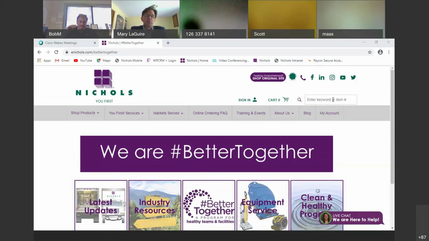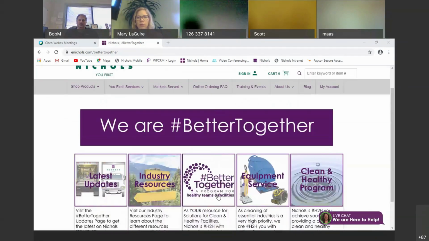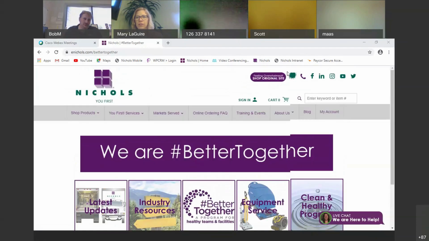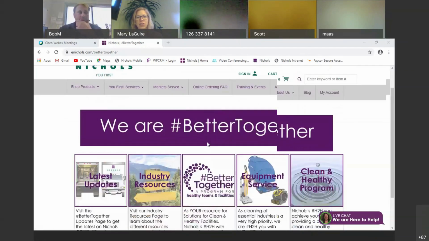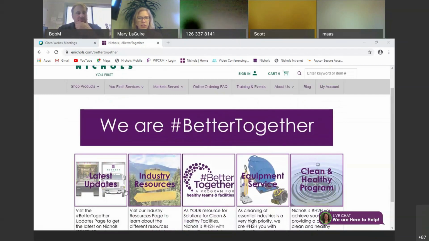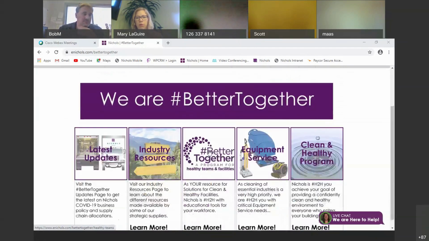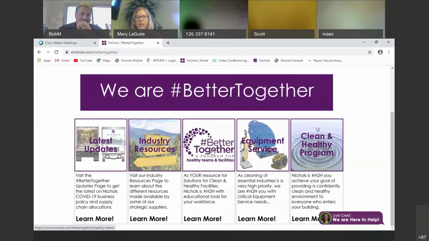Thanks. All right, Mary, you want to show them the website where they can find the posters and the Better Together and all that? Absolutely. So our next question is where to find the posters so you can print them for your staff. So here are those tabs that I mentioned. If you click on our coronavirus looking germ here at the top, that takes you to our Better Together landing page here of our latest updates, industry resources, Better Together, equipment service, and clean and healthy program. On the Better Together, when you click here,